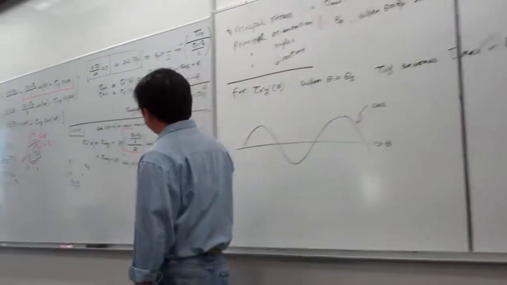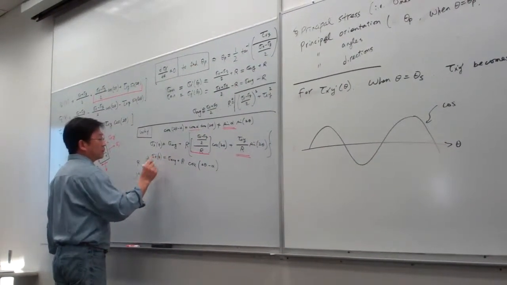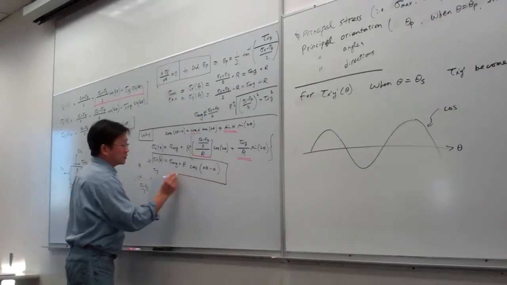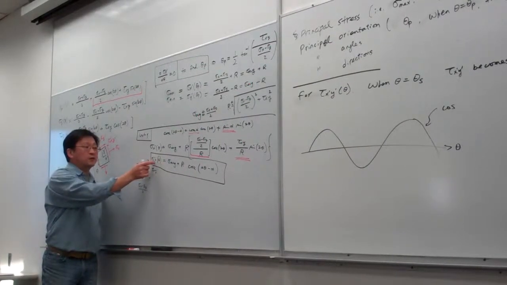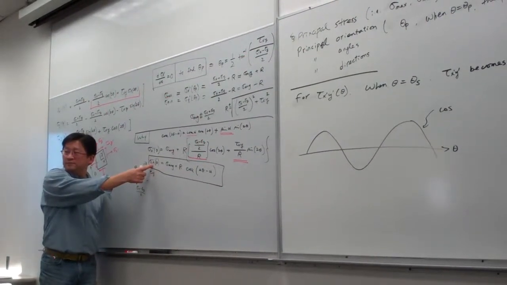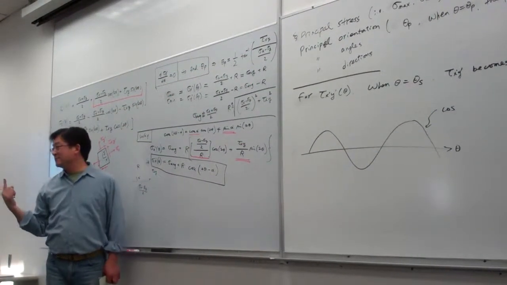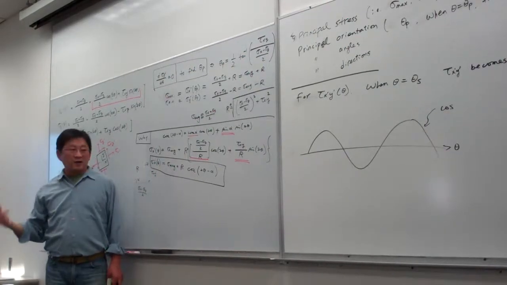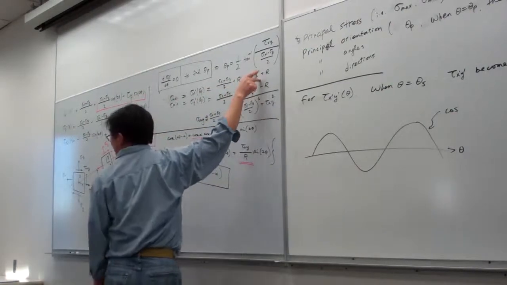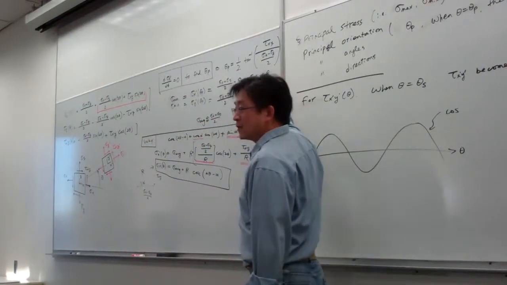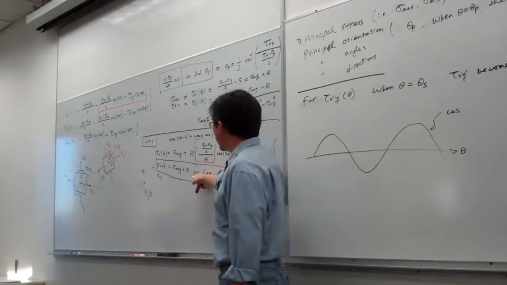So let me ask you, by looking at these equations, who can tell me what is the maximum value of this? You see the maximum value of cosine equals 1. Yeah, so the maximum value is average plus R, like we did here. Let me make it clear. What is the minimum value? The minimum value of the cosine is -1. So that means the minimum value